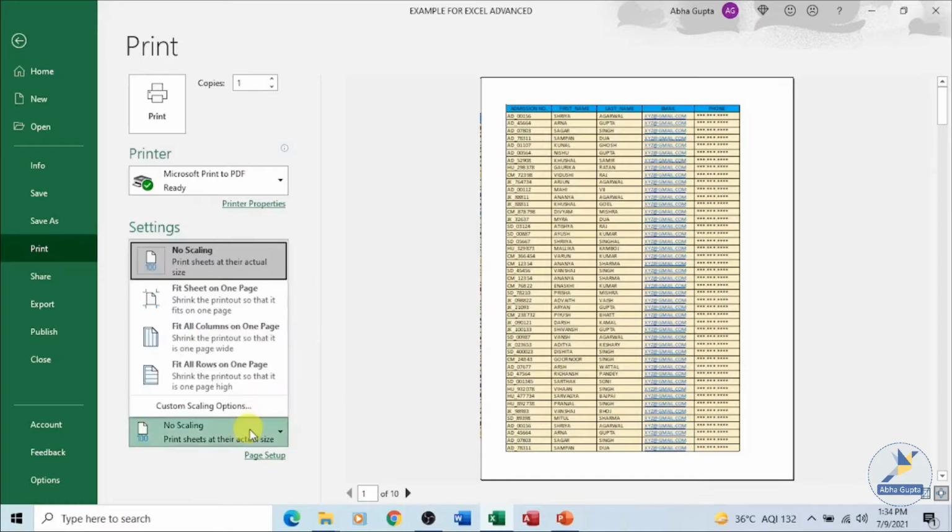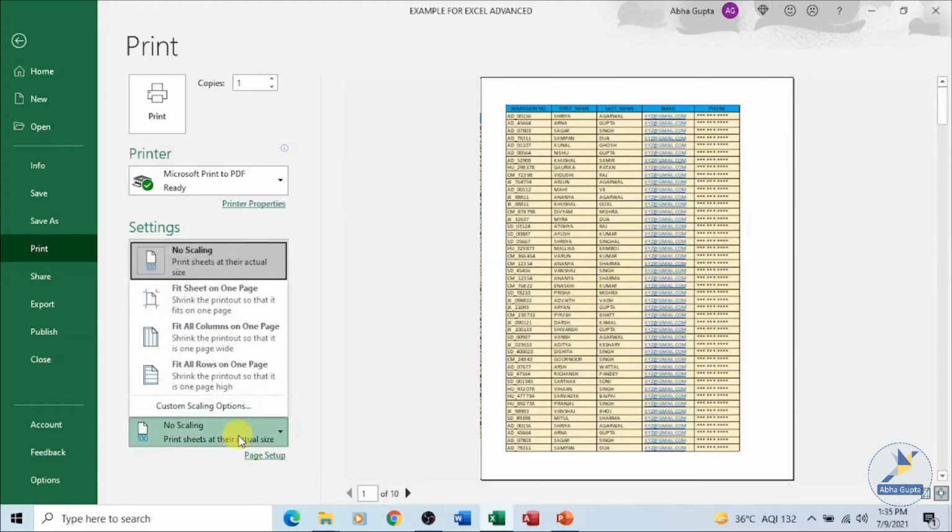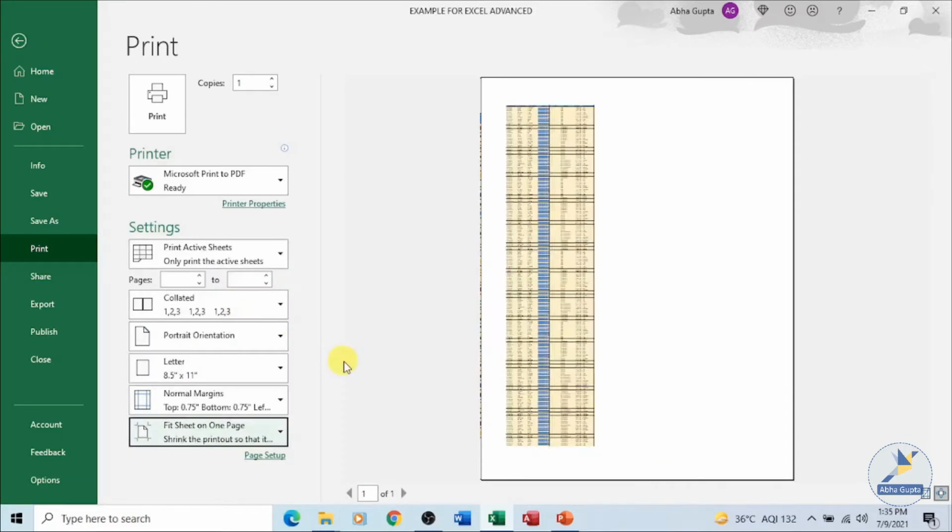And then you have the scaling, like over here. I did tell you we have the admission number, first name, last name, email, phone, and the other columns are not appearing over here. So if I want those columns on the same page, instead of no scaling, I can select these things. I can shrink the entire sheet on one page. That can be done. If I click on that, you can see everything being squished together, and you will have a printout something like this.